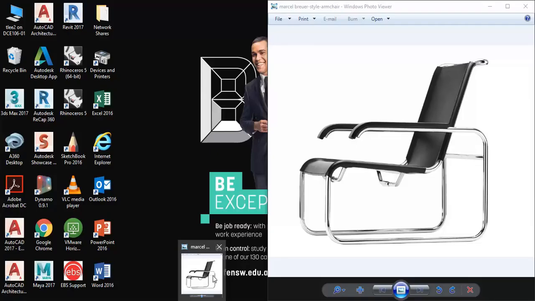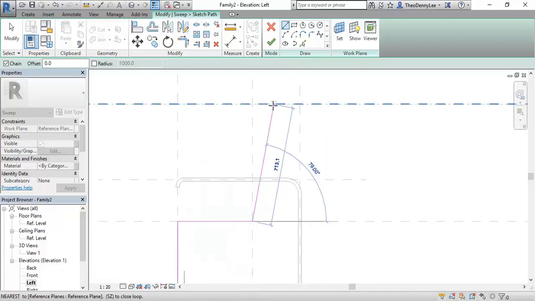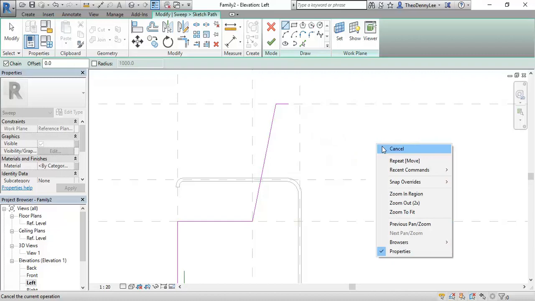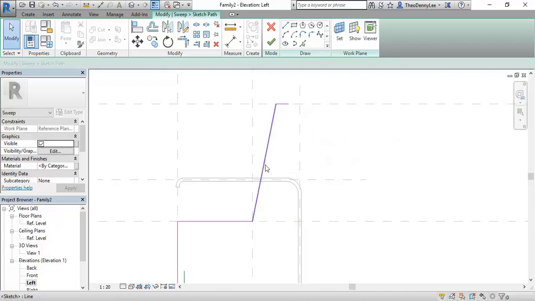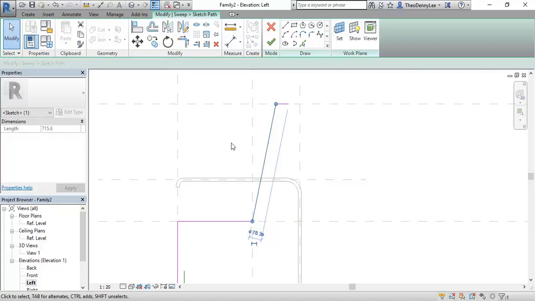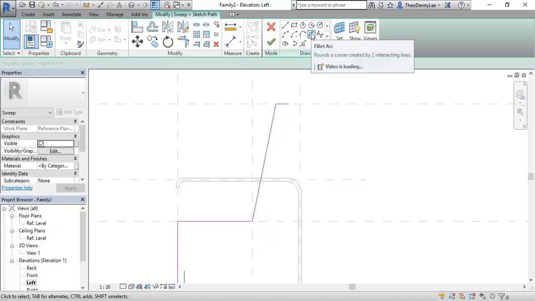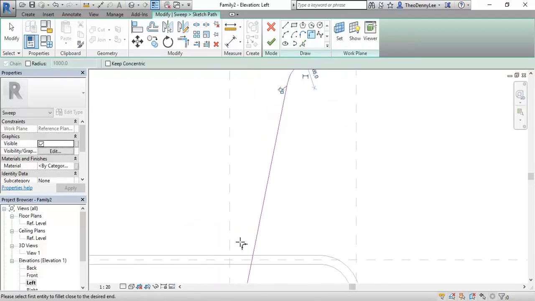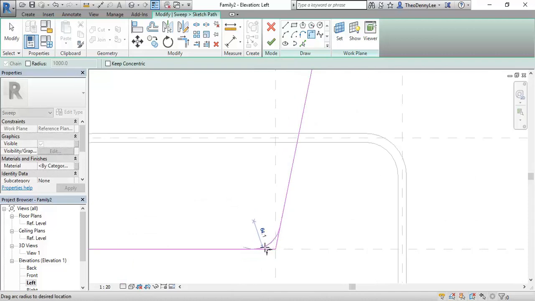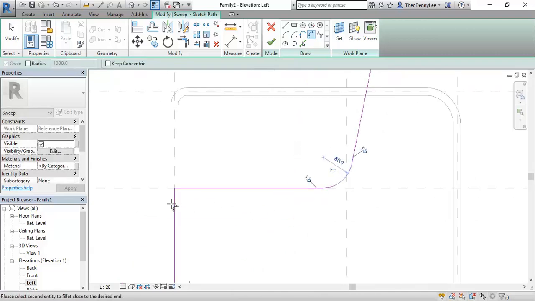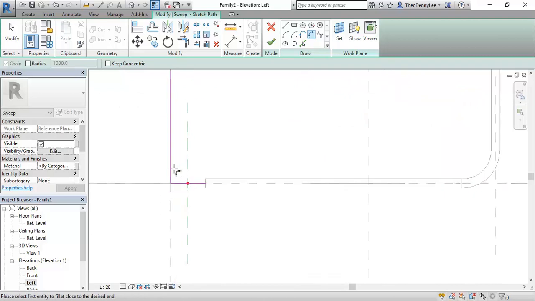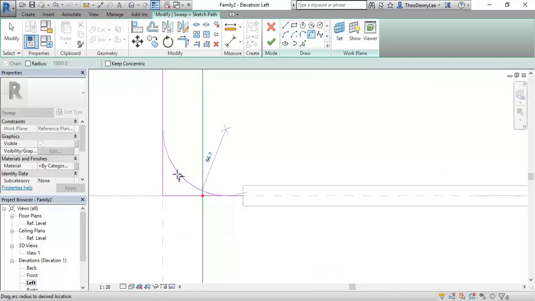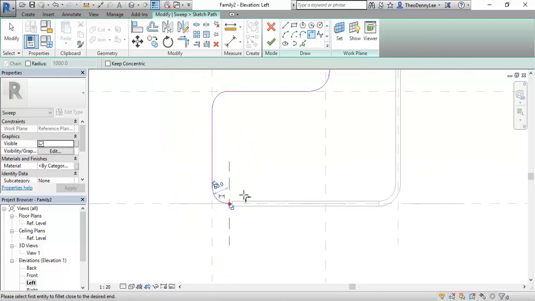And yeah, and then come up and something like that, and then across. And there'll be a chance to fine tune all of these. That's obviously not quite right, but it's fine for now. So I'm going to use fillet arc and choose these pairs of lines to put the curve in. Then you can come back and put the same radius in if you want to. Okay, so